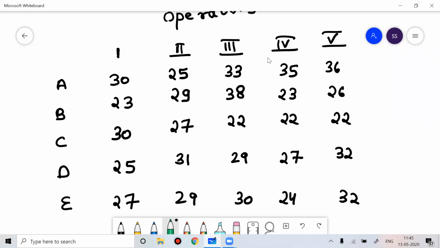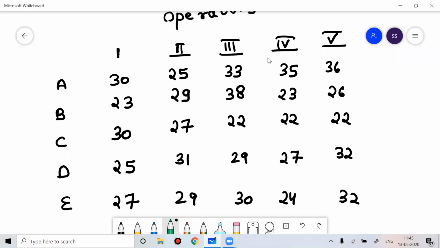I believe by this time everyone has written down the problem. This is the assignment problem: 5 jobs and 5 operators who can do these jobs. The operators are written as 1, 2, 3, 4, 5, and the jobs as A, B, C, D, E. Which job is to be assigned to which operator, so that one operator is assigned to only one job and one job is assigned to only one operator? We have already done a problem like this yesterday, and I'm continuing the same thing to build the theoretical fundamentals in your mind.